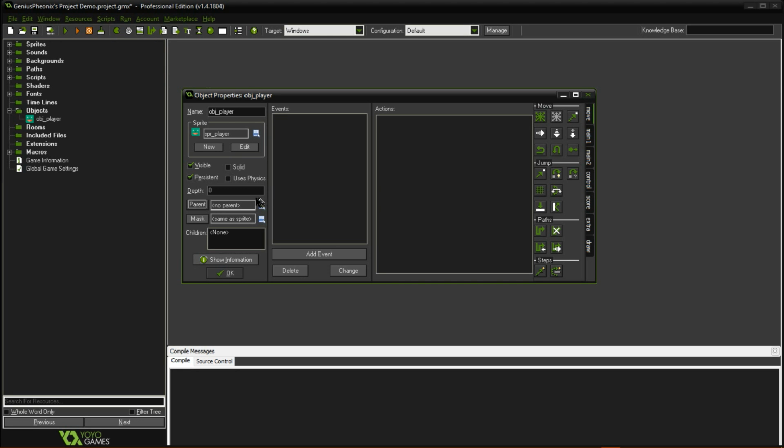instances with parents are known as children. So the child of the parent, if it has its own event, then it will play that event, but if it has a different event, then it will use, like, if it doesn't have the event that the parent has, the parent's event will happen inside of this object. So say we had a parent which was PAR underscore, so that's the prefix for parent, life form or something. You could then code into that like a death system if your HP hits 0, and then you can create